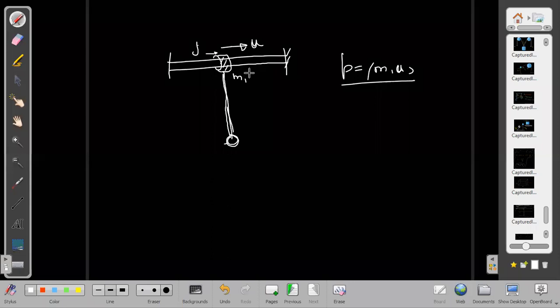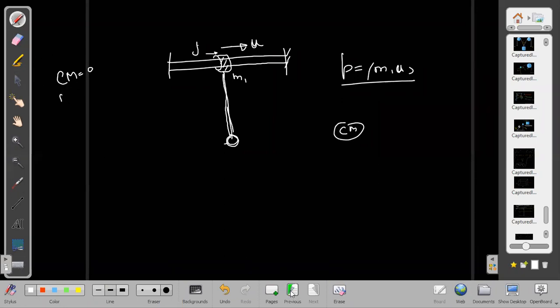It is the momentum in the horizontal direction, and in this case the center of mass frame is not the same as the ground frame, because the center of mass is not at rest. But in the previous cases which we have done, the center of mass and ground frame used to be the same, because initially the system was released from rest. Whenever the system is released from rest, the center of mass frame will also be at rest, and the ground frame is also at rest. So these two frames will be the same.